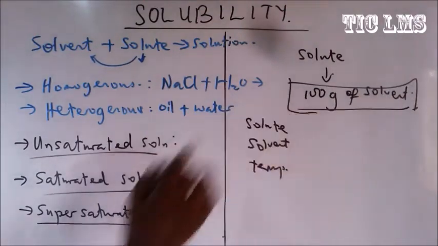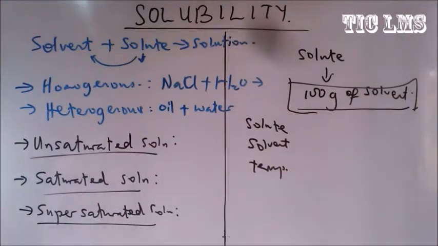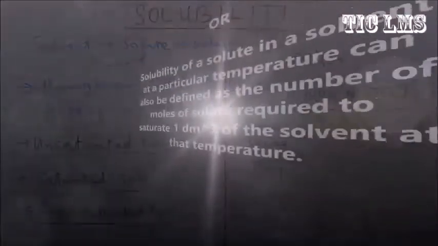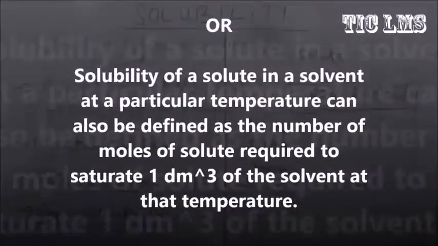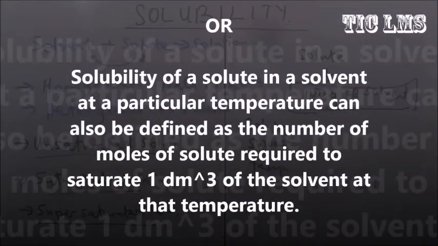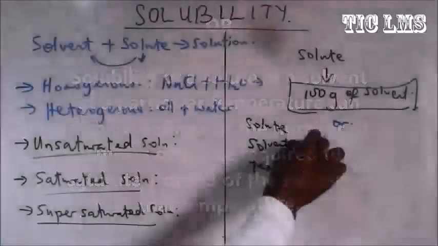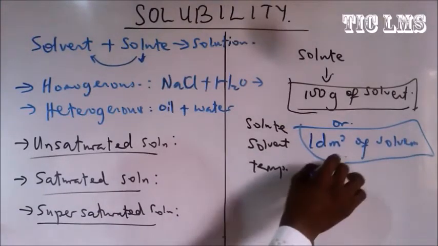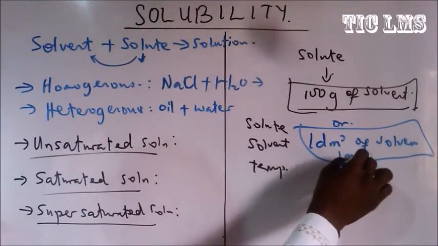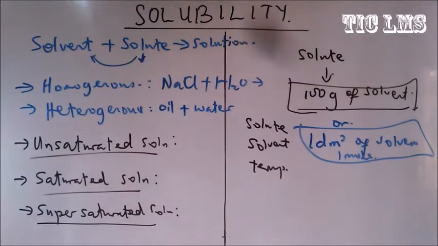Hence, 100 grams is mostly the reference point, or it's also defined as the number of moles of solute required to saturate 1 dm cubed of the solvent. Hence, we have another standard, which is 1 dm cubed of the solvent. So where we have 1 mole of the solute in 1 dm cubed of the solvent. And it is important to note that